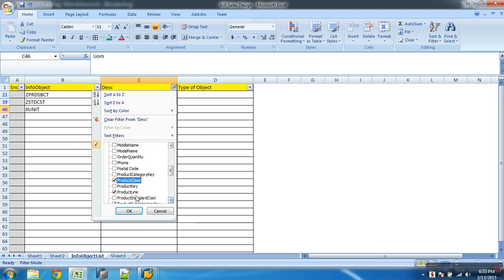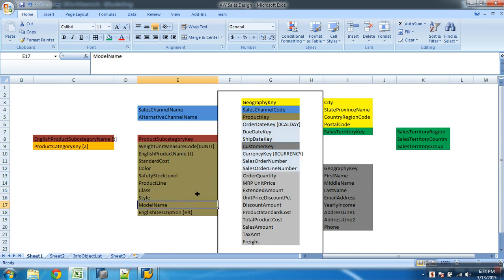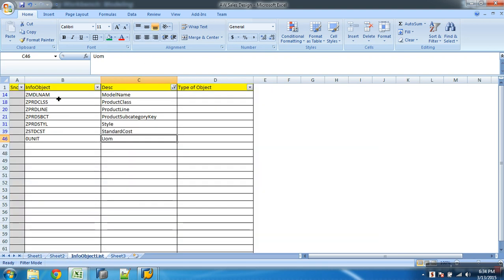Class, and then what? Product style. Style I have, and then this is something like model name, I think. Don't I have this? I got model name. Okay, done. Anything else? Model name. That's it. Now the rest, these two will get into text. So this is what I wanted as attributes for product key.